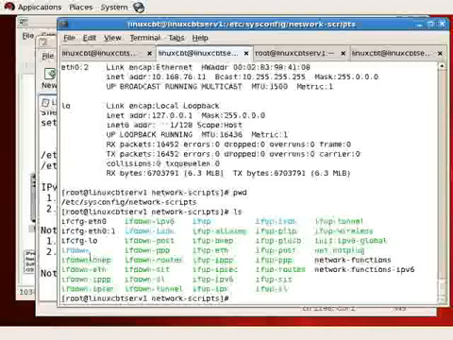So that's a little bit about how interfaces are brought up in the environment. Again, in the network